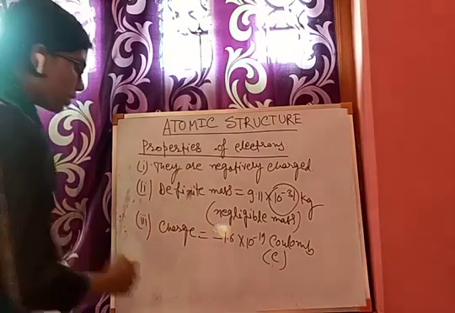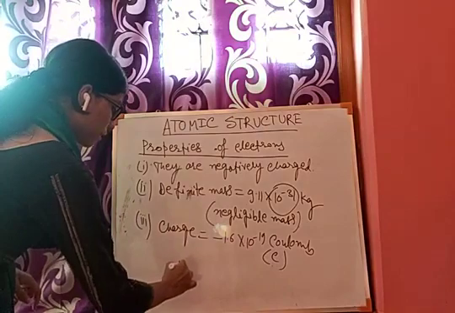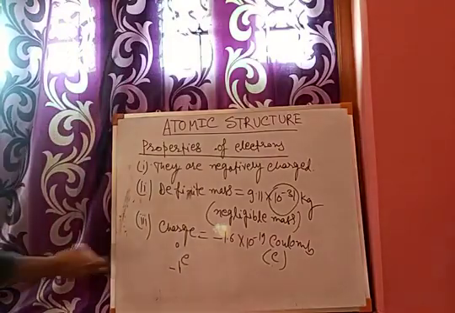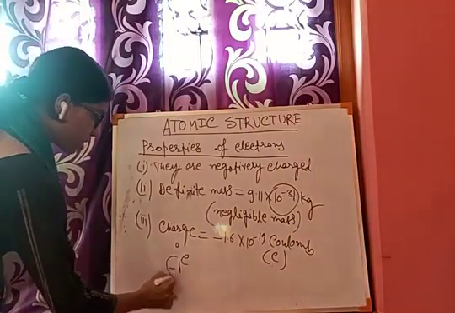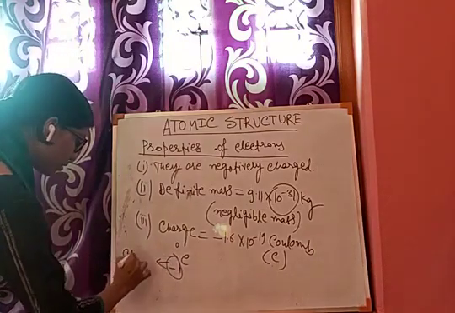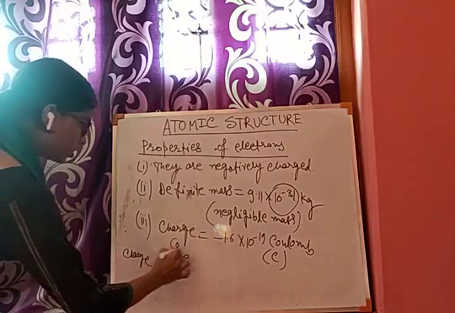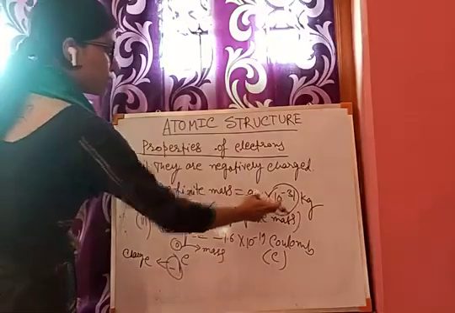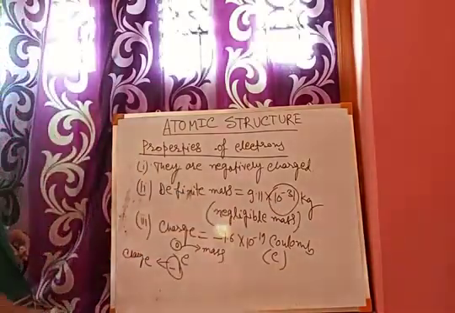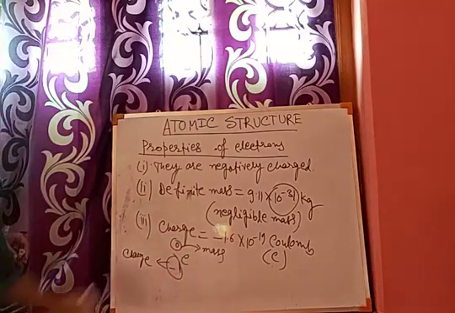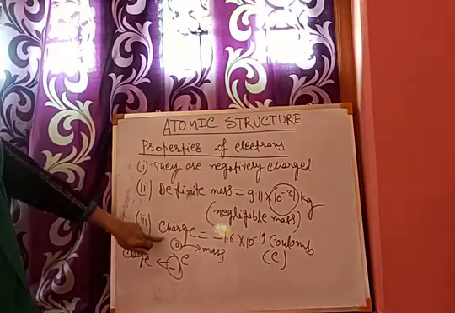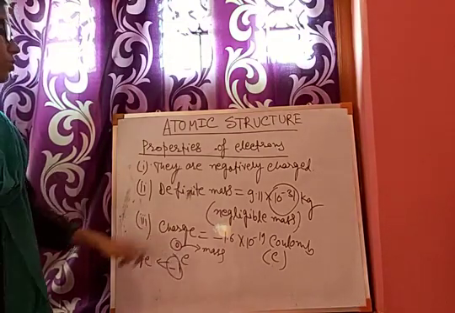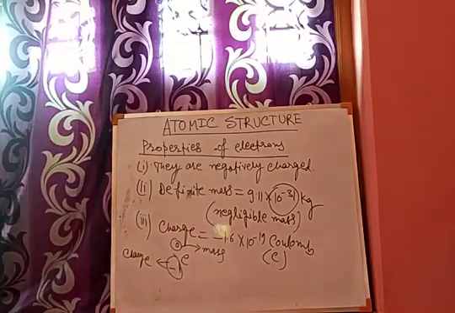And the electron is represented as minus 1 e 0. What does it represent? Minus 1 represents the charge of the electron and 0 represents the mass. Why is 0 represented? Because I have said that this value is very, very small and it is negligible. As it is negligible, it is written as 0. So the superscript value represents the mass and the subscript value represents the charge. So minus 1 and 0, this is the representation of an electron.